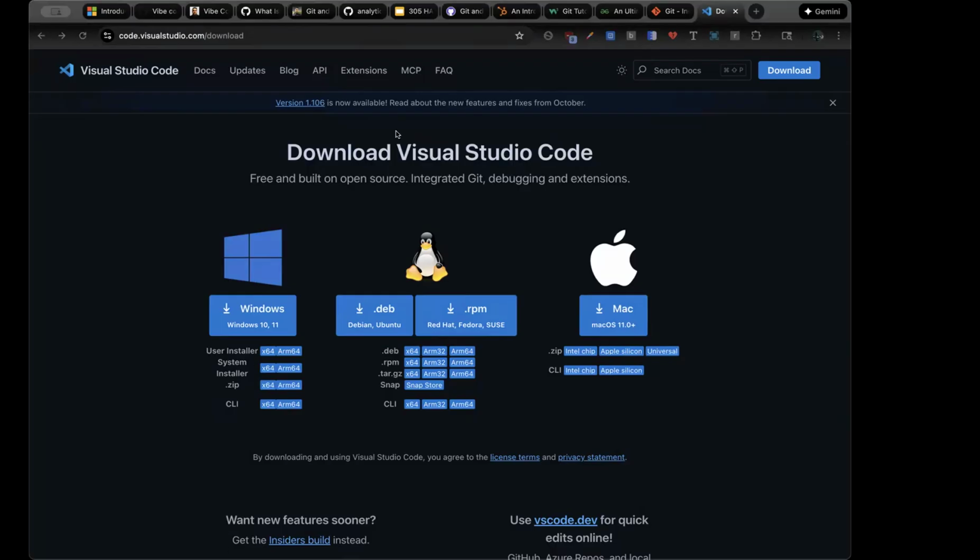Now with Git, you can use it either in the terminal inside the editor, or right here in this little panel on the side where it says source control. Over here, you can manage the version control of your project.